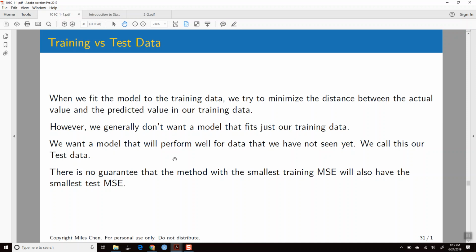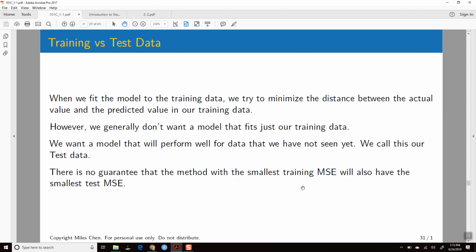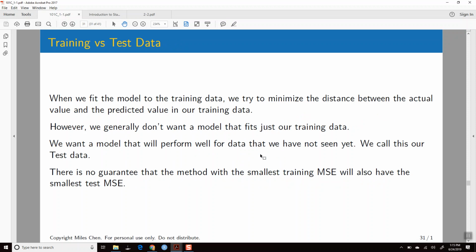But that's what we want. So over here, a lot of times we will fit our model and pick the model so that the y hats end up as close to the actual y's as possible. However, the issue is that there's no guarantee that a model that does a good job between y hat and y, the actual and the prediction, on the training data will do just as well on the data that we haven't seen. And so we have to talk about strategies to use so that